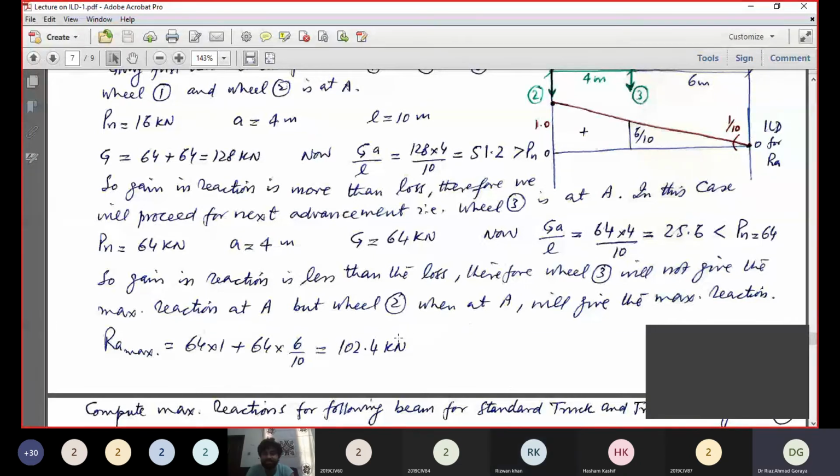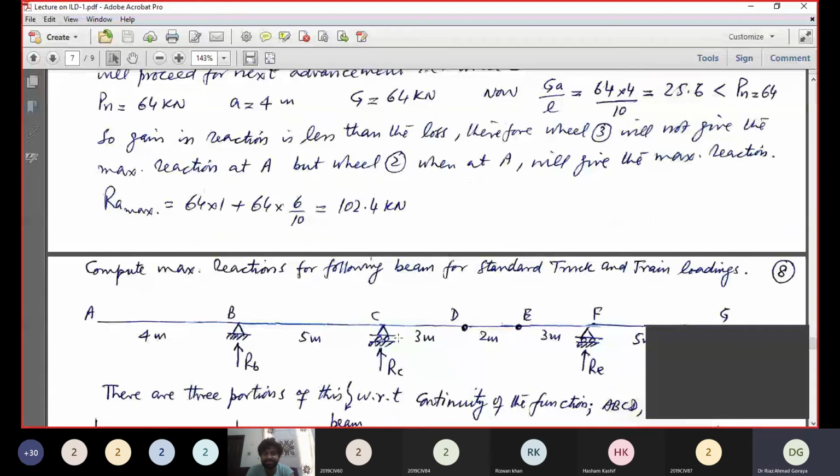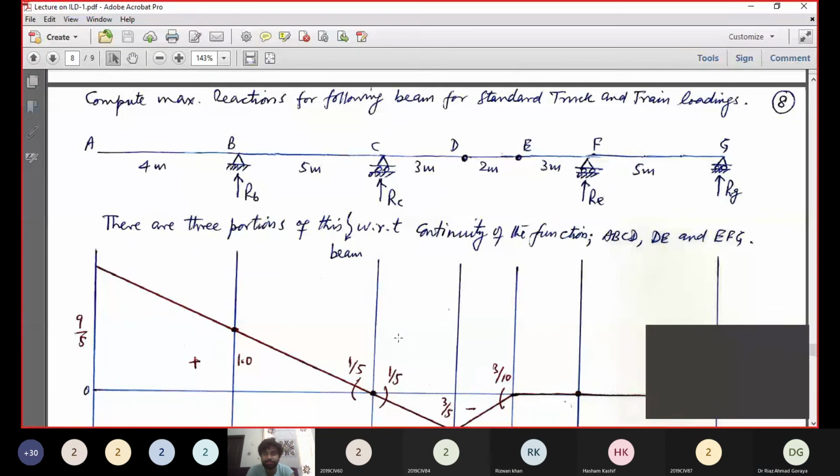So then we proceed for our last beam. This is again a multi-span or compound beam having 2-degree constraint, which has been eliminated by introducing 2 hinges at D and E. Now again, as far as the continuity of the function is concerned, it has 3 spans, A,